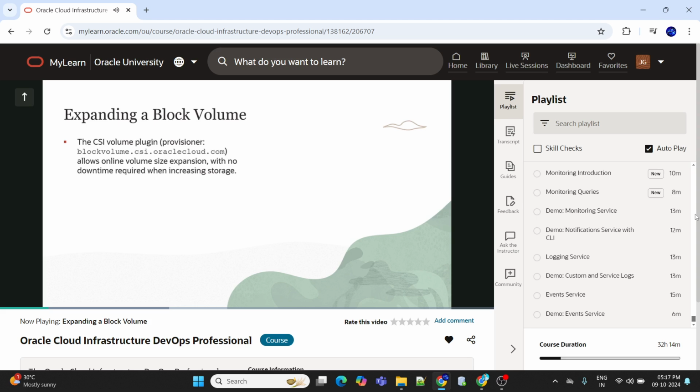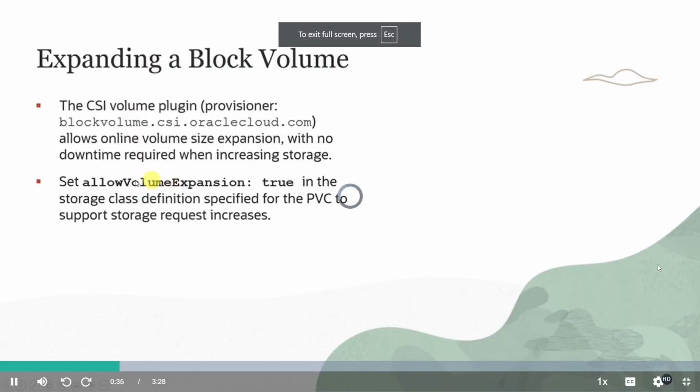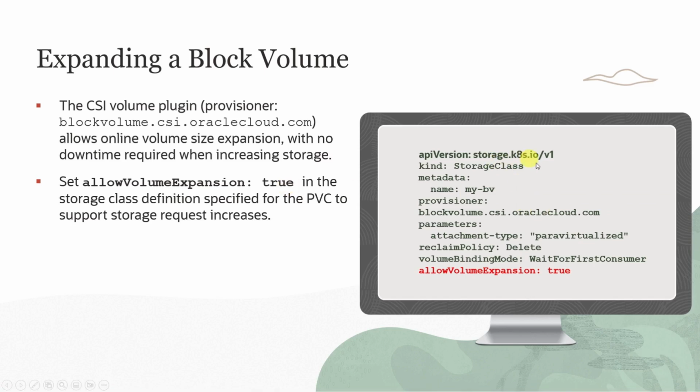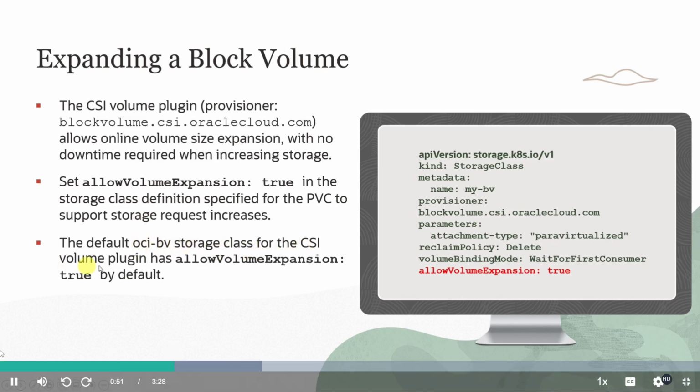When utilizing the CSI volume plugin like blockvolume.csi.oraclecloud.com, you can dynamically increase storage size without any downtime. To enable this flexibility, simply set allow volume expansion to true in your storage class definition. Here's an example. Within your storage class definition, you must set the allow volume expansion field to true. Remember the default OCI BV storage class for the CSI volume plugin